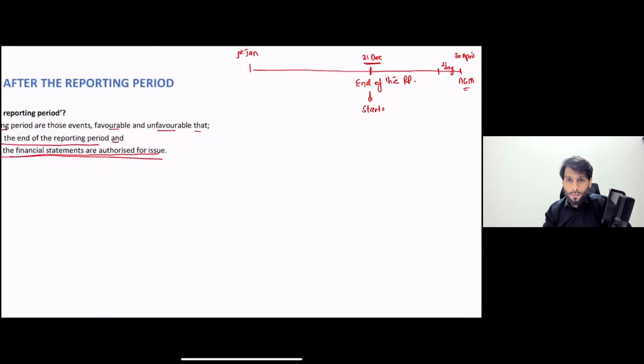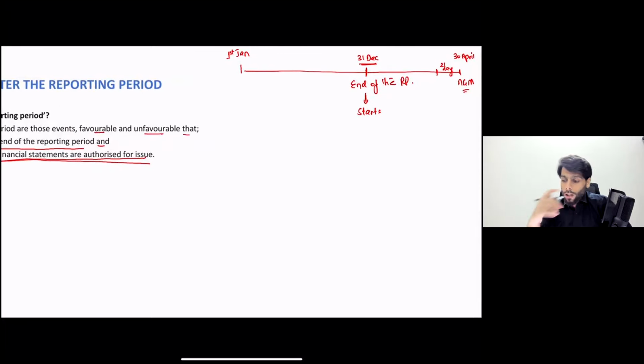I'll just zoom in a bit. All right. So we come at around, I don't know, it should be 9th or 10th April, you may say, right? So I can call it 9th. And before the 21-day notice period, you need to get your financial statements authorized for issue by the board of directors. So normally, before the AGM notice is sent, the board of directors meeting happens somewhere before the AGM's notice.